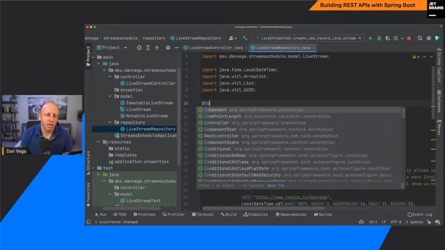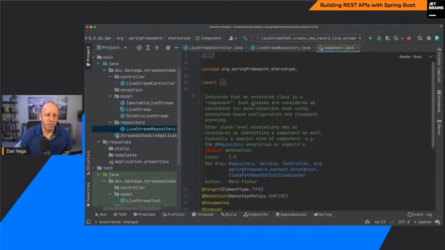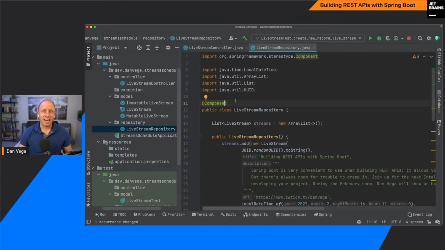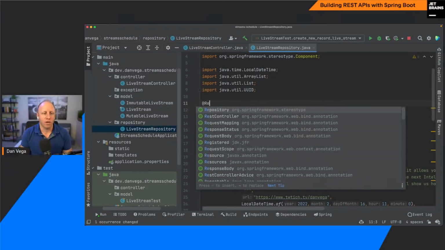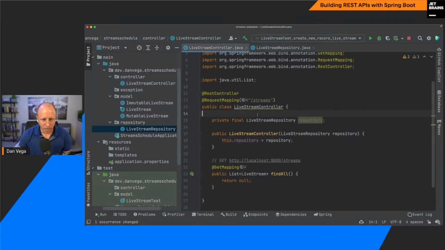So the way that we do that in Spring is we can mark it with an @Component. If we dive into the @Component annotation, it says, hey, this indicates that these classes are considered candidates for auto detection when using annotation-based configuration and classpath scanning, which we are by default out of the box. So all this has done is now said to Spring, hey, please manage this for me, create an instance for me, and when I ask for one, go ahead and give me one. And there's also specialized annotations for things like repository. So I'm going to go ahead and mark this as a repository. When I come back over here